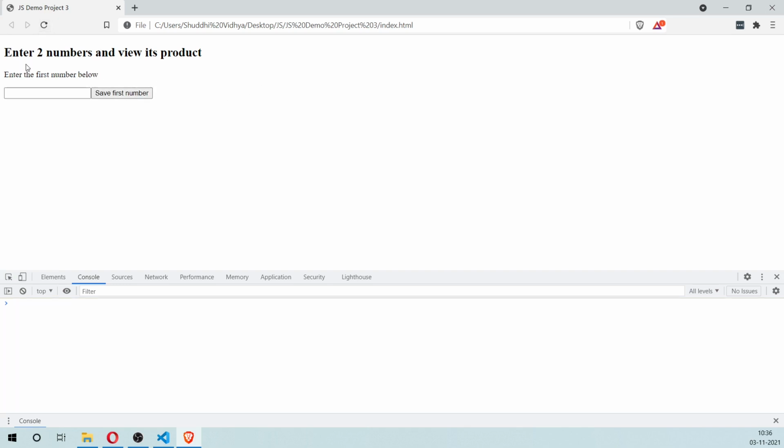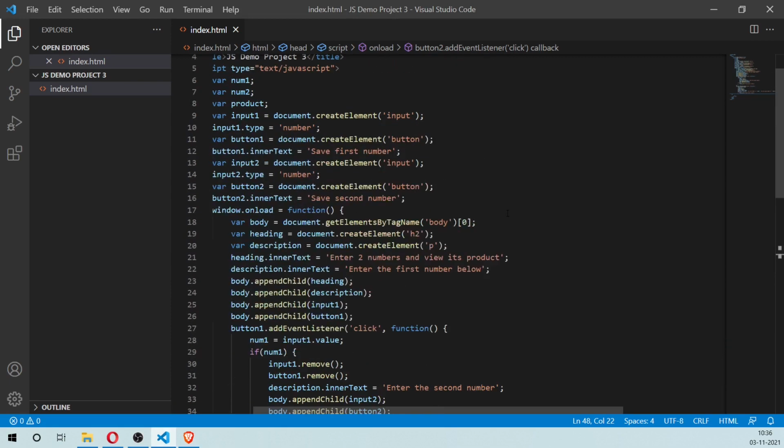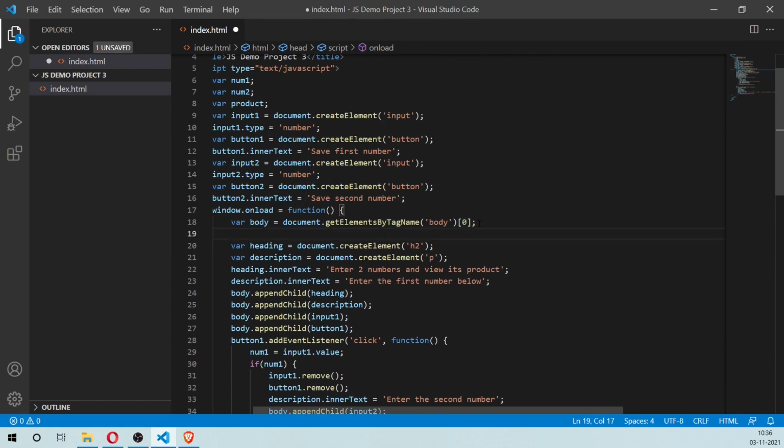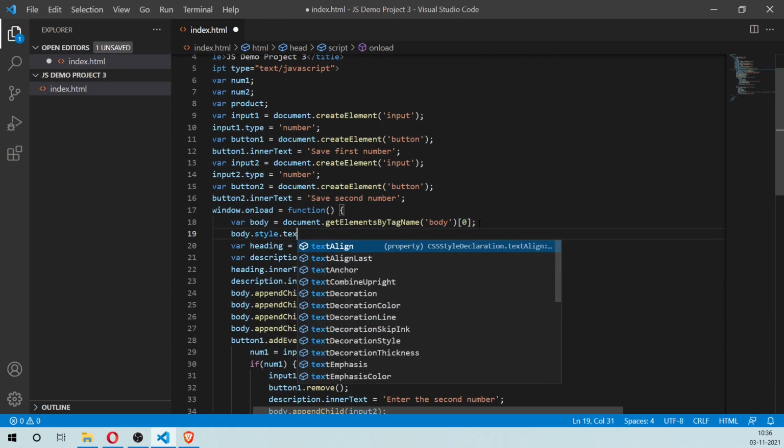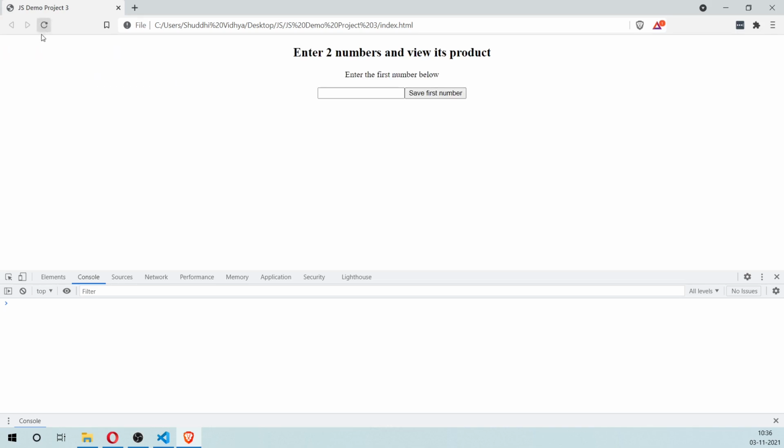One more thing that you can do is make this look better. Right now we don't have any CSS here, so we can do some little things. For example, we can simply modify the CSS by saying body.style.textAlign equals center. That will center align everything. Okay, this looks a little bit better.